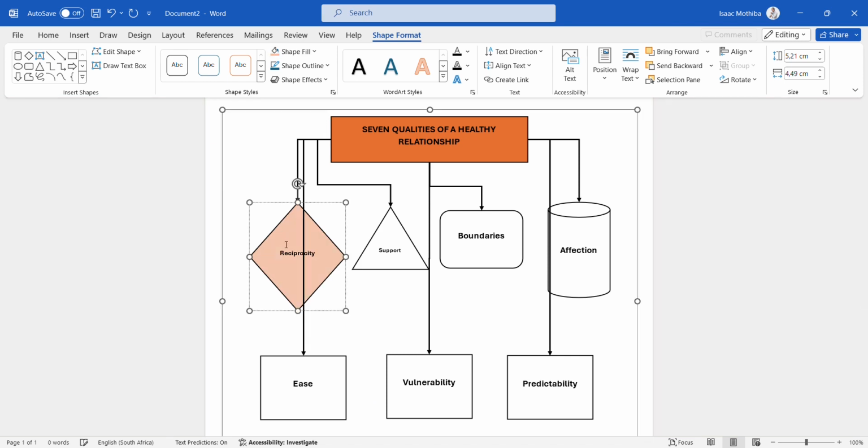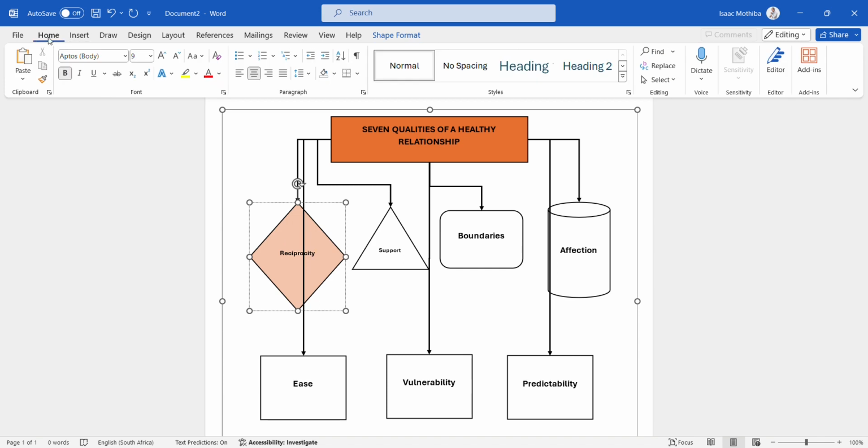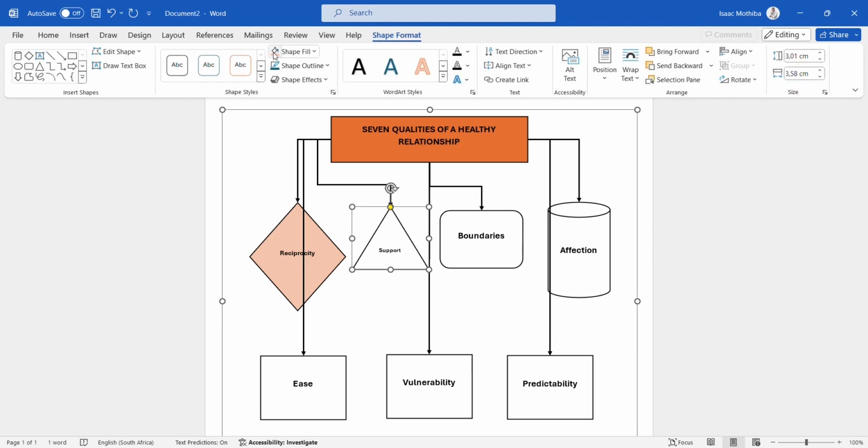Then you can select it like that, and then you can copy the style. So you can go to home and then paintbrush. Let's see if that will work. If it doesn't work, it's not a problem. You can easily select the color and the shape, go to shape format and select here. So I tried the paintbrush, but it doesn't really work. Then you select that, then you select the shape, and then you go back and select that